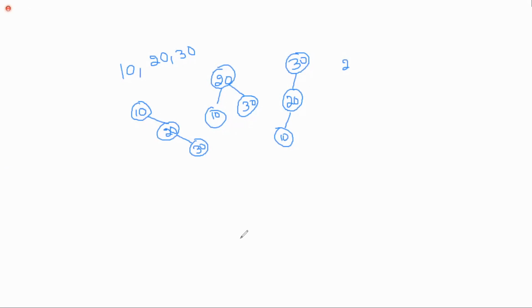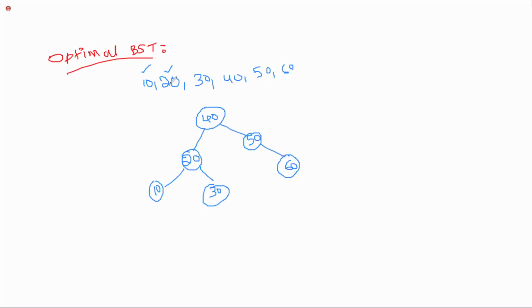What is optimal? I'll tell you. With the before example, first we'll check. First, I want to search for 10. Where will you start? We'll start from the root node. Is it 10? No. Is it 10? First search is not successful. Second search is also not successful. Third search, that is true. So, three searches I need to get success. Next, again, I want to search for 20. For 20, it will take only one search.